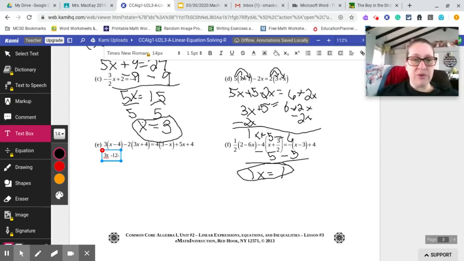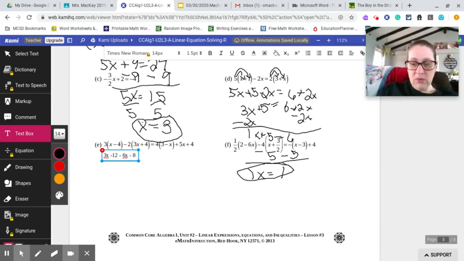Now I'm also going to do the negative 2, multiplying the two things inside the parentheses. Negative 2 times 3x is negative 6x, and negative 2 times 4 is negative 8, which equals